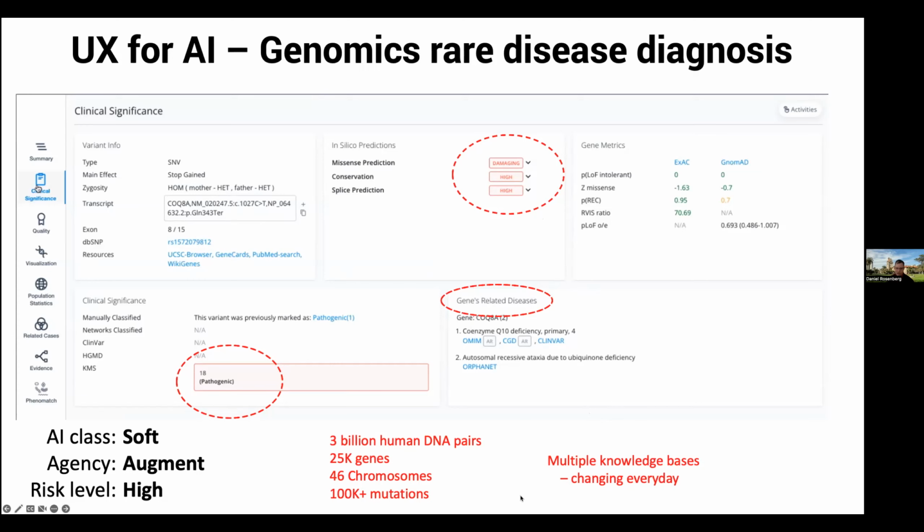Now, given all of this data, you have another situation. The number of places that are being referenced, all right, each of these blue things here is a knowledge base. ClinVar is a huge US knowledge base. Each of these knowledge bases has millions and millions of records, including every scientific article, clinical trials, and publications from all of the leading medical institutions in the world, and most of them are sharing their databases. So now, in addition to 3 billion pairs, hundreds of thousands of mutations, the knowledge bases are changing underneath you every day.